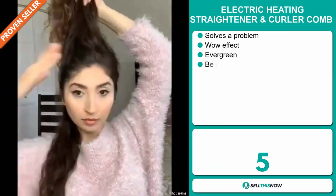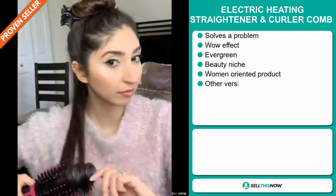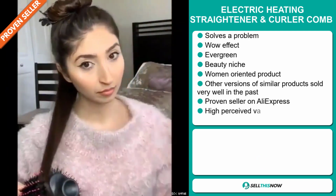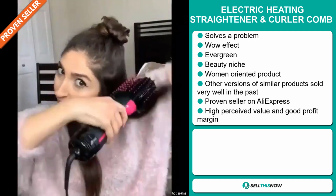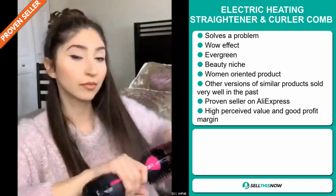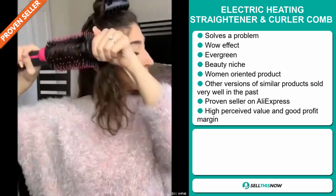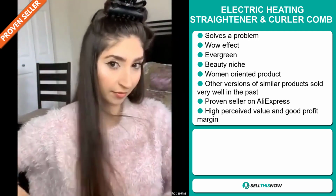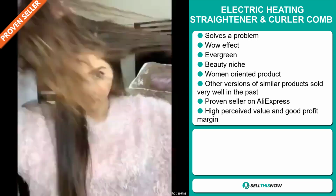Our next product is the electric heating straightener and curler comb. Now this is an obvious problem solver, it definitely has that wow effect. It's an evergreen product, you can sell this all year round, and it falls under the beauty niche market. It's obviously targeted at women, and there are other versions of similar products that sold very well in the past